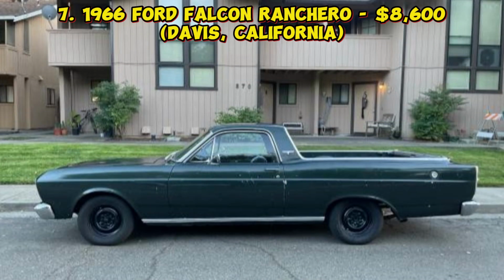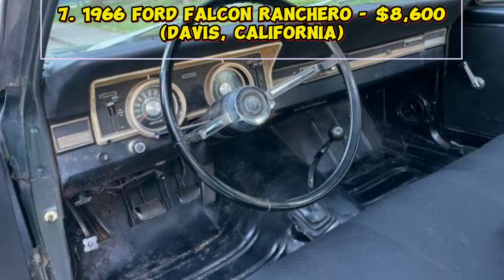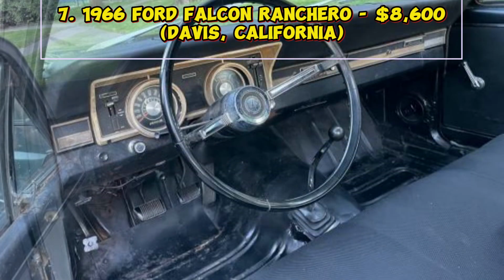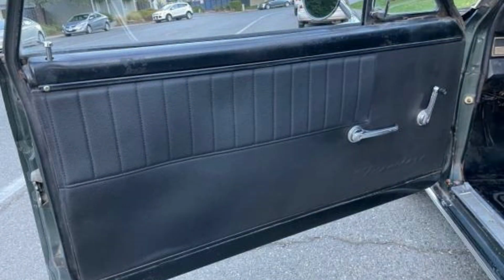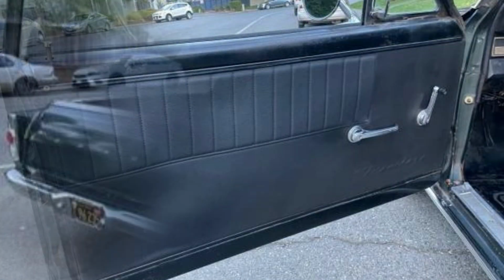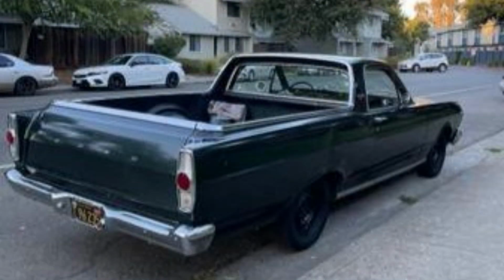Seven, 1966 Ford Falcon Ranchero, $8,600, Davis, California. The 1966 Ford Falcon Ranchero is a unique blend of coupe and pickup, designed for those who want both style and utility. Powered by a 289 V8 with a 3-speed Hurst Indy manual transmission, this Ranchero has been upgraded with